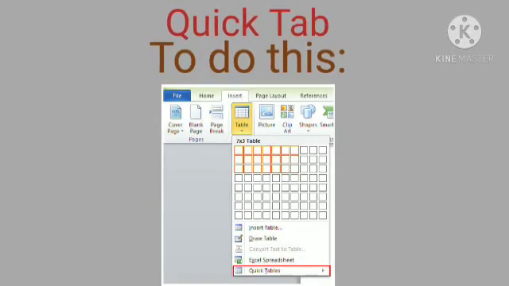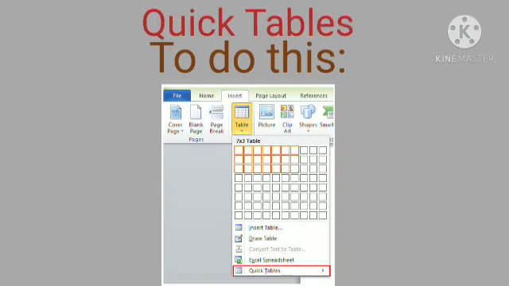Students, in your insert table, the second option you have is quick tables. While creating a table, you can apply the quick table styles. Different styles are available. Quick table is a gallery of ready to use pre-formatted tables.